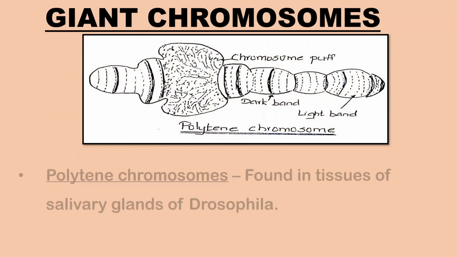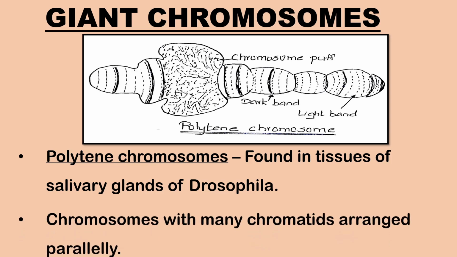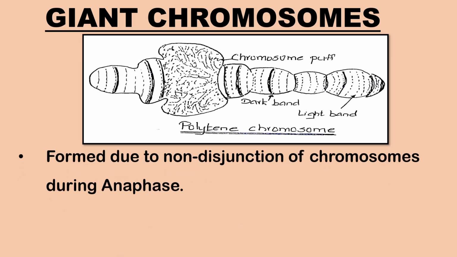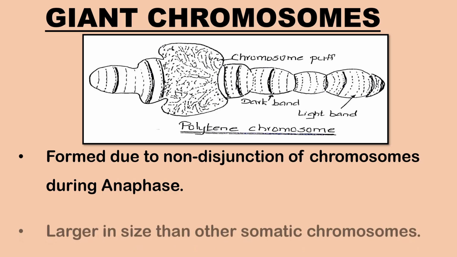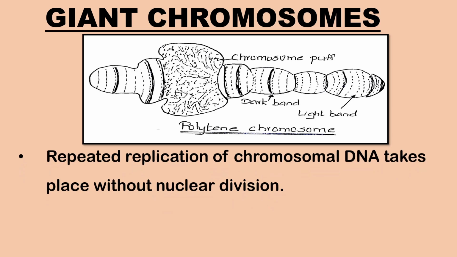Polytene chromosomes are found in the tissues of the salivary glands of Drosophila. The chromosomes are present with many chromatids arranged parallelly. This is due to non-disjunction of chromosomes during anaphase. The polytene chromosomes are larger in size than other somatic chromosomes. They are formed due to repeated or multiple replication of the chromosomal DNA